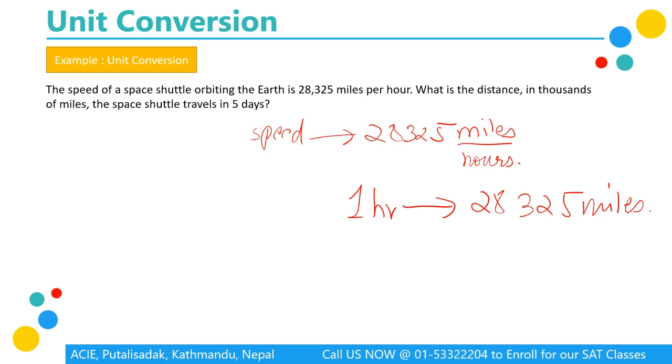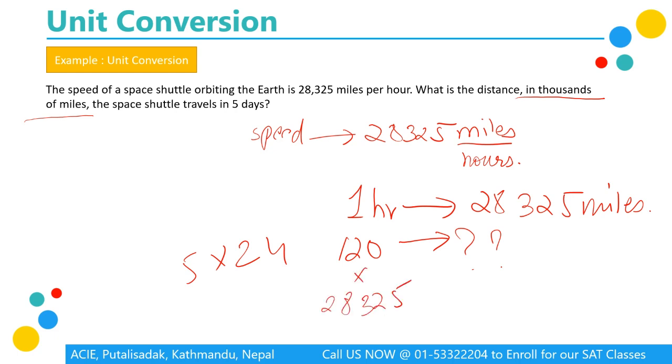Now what is the distance in thousands of miles? This part is important and I'll come back to this later. The space shuttle travels in 5 days. So one day we have 24 hours. So altogether in 5 days we have 5 into 24 hours, which gives us 120 hours. So 120 hours मा यो space shuttle कति miles travel गर्छ त, which is going to be 120 into